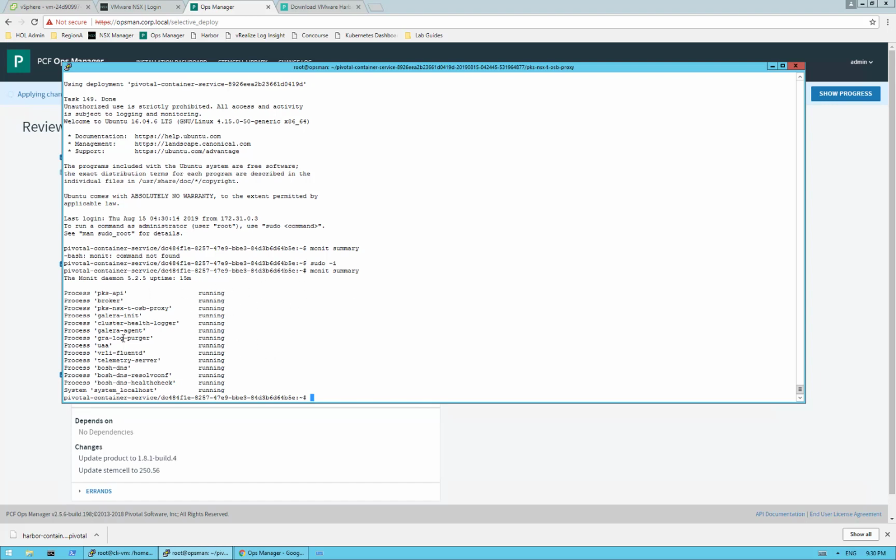I can quickly see, are these processes running, and if there's a process, whether it's running or not, and we think it has some issue with it potentially, you can always do monit restart. In this case, I could say monit restart and whatever the name of the process is over here. So I could say restart PKS API, or I could say monit restart all, and that's just a super useful command if anything ever gets stuck. You usually don't have to go that far,